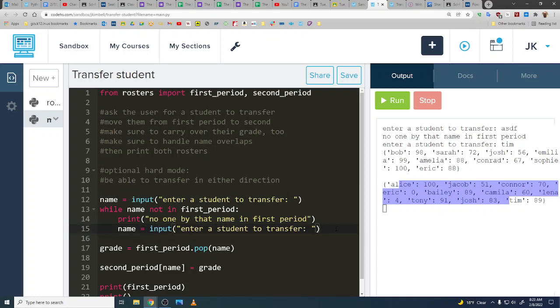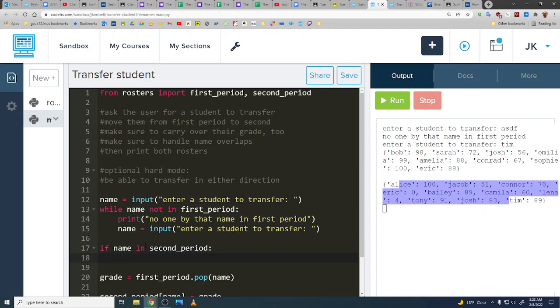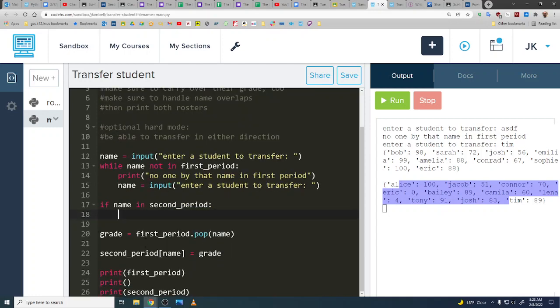So let's say we're going to use the in keyword again, but probably just if instead of while. And we're going to say if name in second period, then we do some stuff. And hopefully we can still finish up with all this, and we don't have to duplicate any lines or anything. We'll see what happens. If name in second period, let's do a